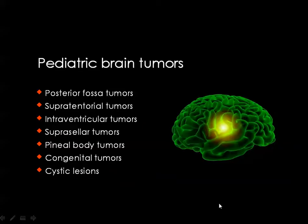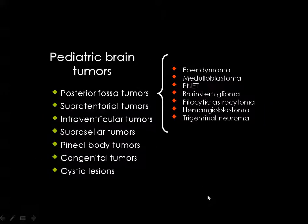فالبيدياتريك تيومرز محطوطين تحت سب ايتمز كتار قوي، اللي هم الداكوسيل فوسا تيومرز، على اساس معظم الحاجات بتاعت البيدياتريك بتطلع عند الداكوسيل فوسا. السوبراتنتوريال تيومرز، intraventricular, suprasellar, pineal body, congenital tumors, and the cystic lesions اللي هم يعتبروا جزء من tumor like. Then we start with the posterior fossa tumors, and you remember we mentioned this morning something about